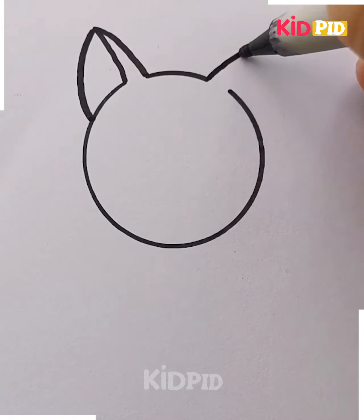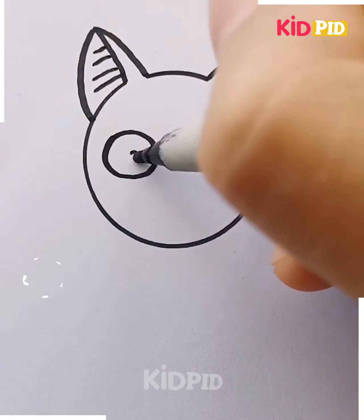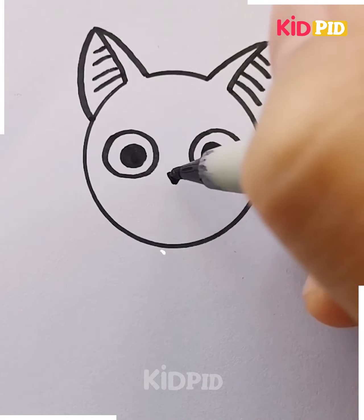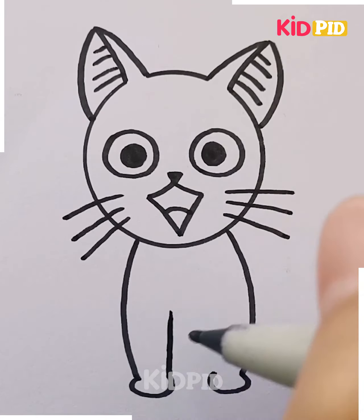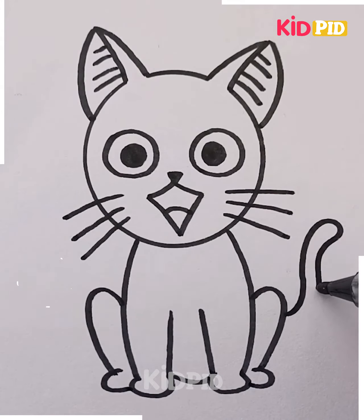Next we are going to make a cat, starting by simply making the face of the cat and the ears. We are going to make the eyes as well and highlighting them with the same pen. Then we are going to make the nose, mouth and the mustache. After it's done, we are going to make the body including the legs of her and making the long tail